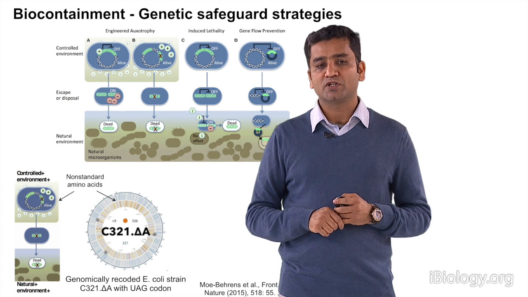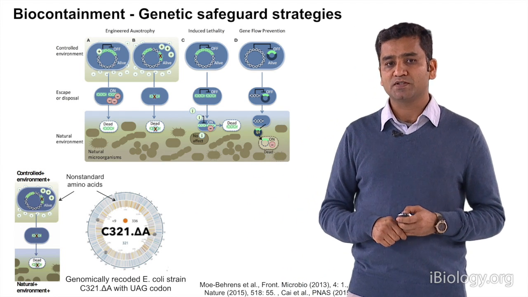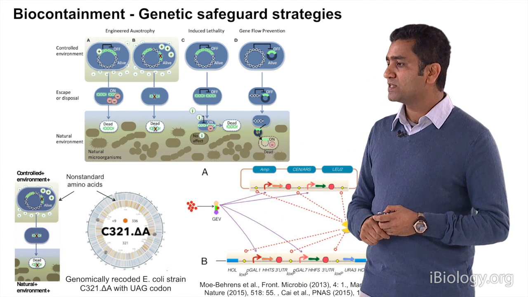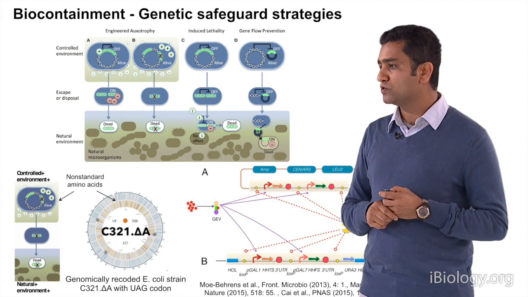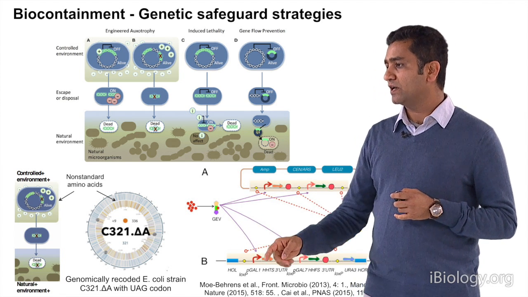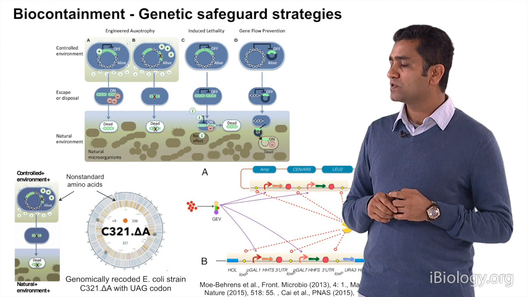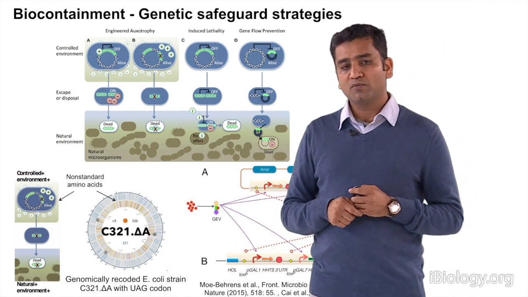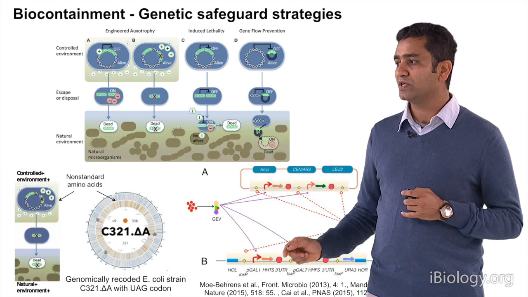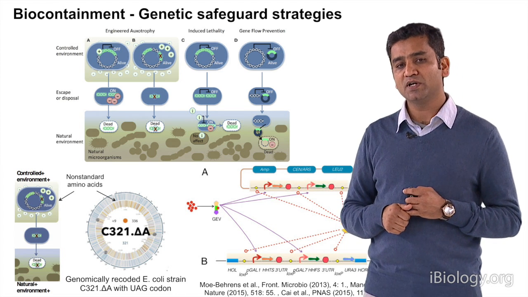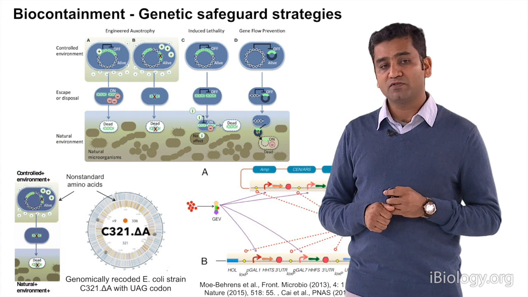This UAG incorporation has been done on multiple essential genes. Then the second approach that has recently come up is where they have essential histone genes. These two genes are regulated by PGAL promoters, which are activated by the JEV protein in the presence of an inducer. So in the absence of inducer, these two essential proteins are not formed, and the cell doesn't survive in the natural environment.